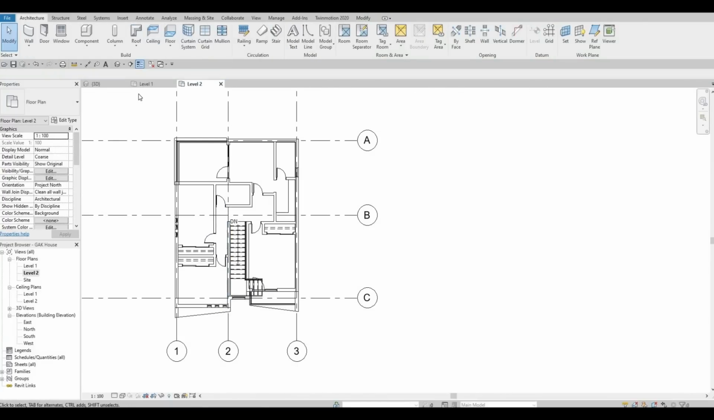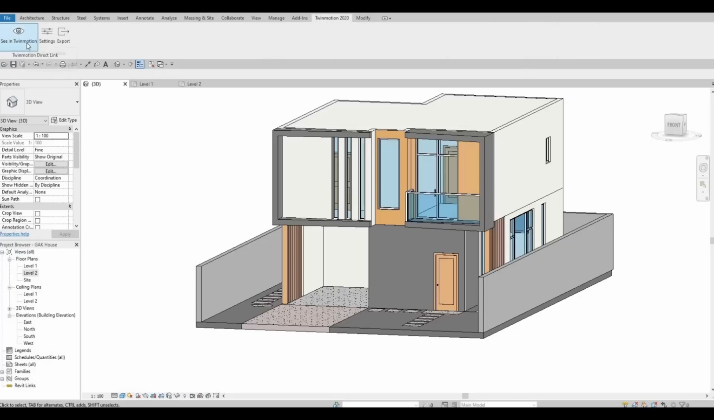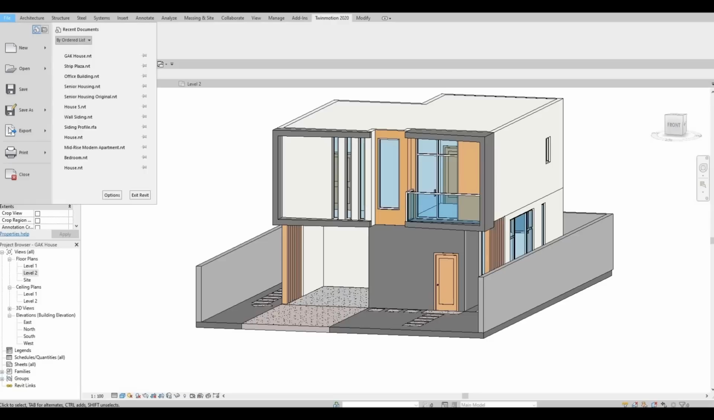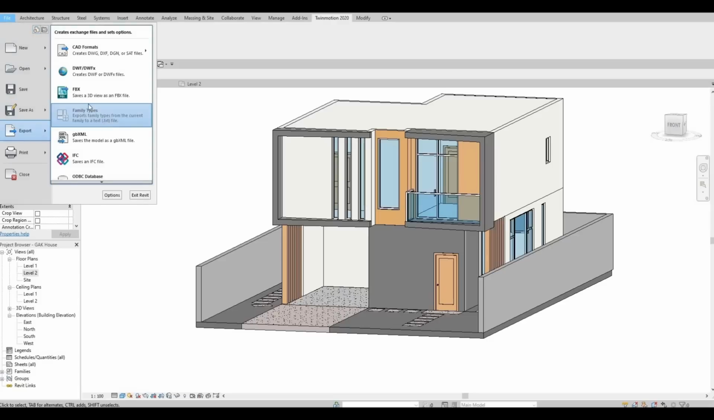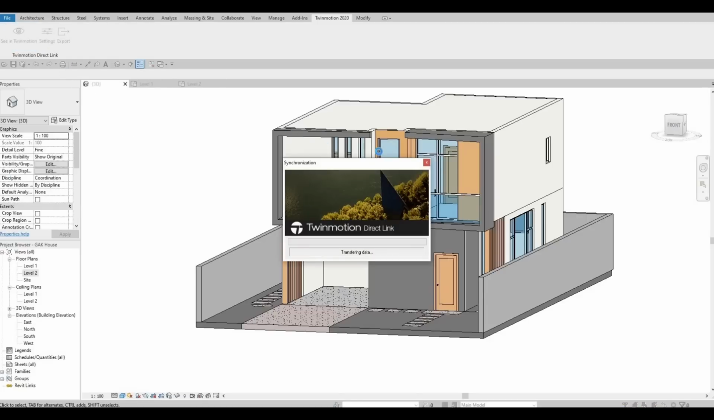So now that everything is deleted, you will need to go back to 3D, and then after that, if you have the Twinmotion plugin, just simply click this, or if you don't, you will need to export this and then save it as a FBX file. So I'm gonna click this now, and you have to wait for Twinmotion to open. Usually it will link this,